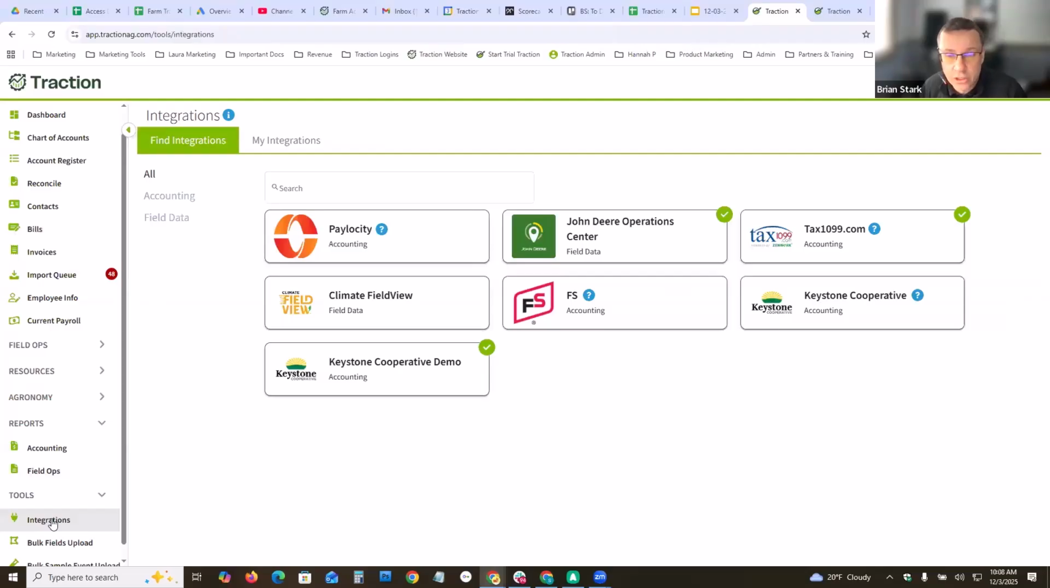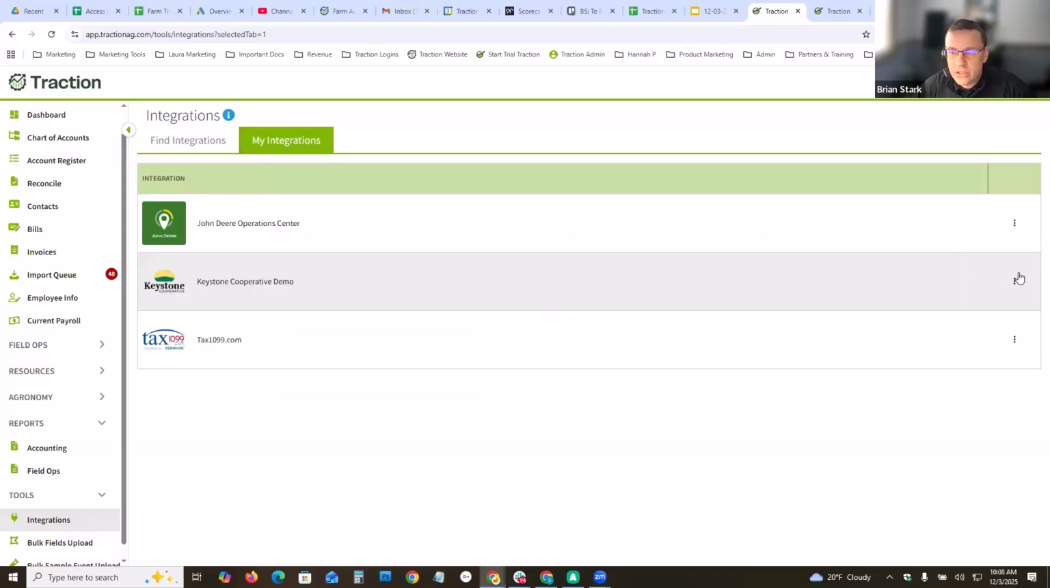The integrations is where you go to connect to a lot of different things, even beyond Keystone. You can connect to John Deere Operations Center, Climate Field View, and I've got Tax 1099 connected to mine. But you'll see the little green check mark here for the ones I have connected to. For those of you watching, you won't have this Keystone Cooperative demo. You'll have just Keystone Cooperative to connect to. But since this is a test account that I'm using here, that's why this is appearing this way. But if I go to my Keystone demo here and go to View Details,